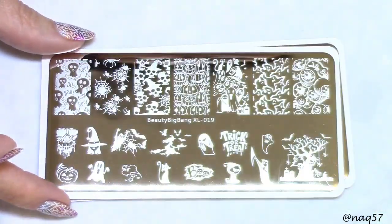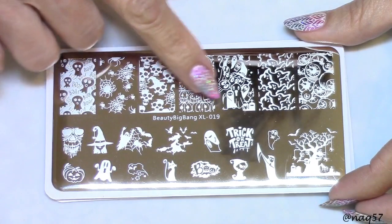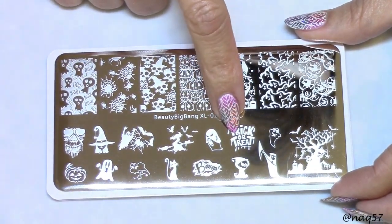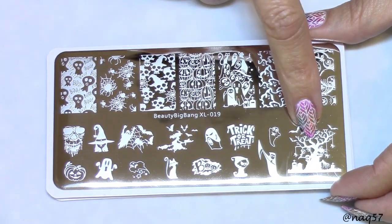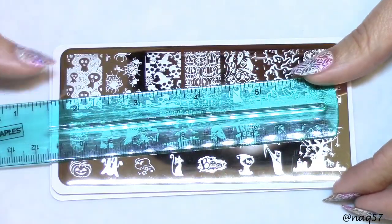This one is 0.18. Then we have more towards 0.19, that is more towards the Halloween. I like how it says trick or treat here. It's a huge tree, so it's pretty wide. Let's see this one. That tree